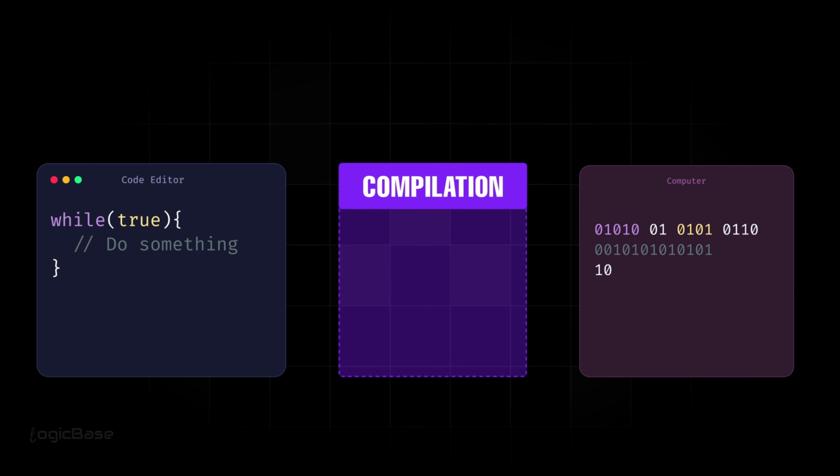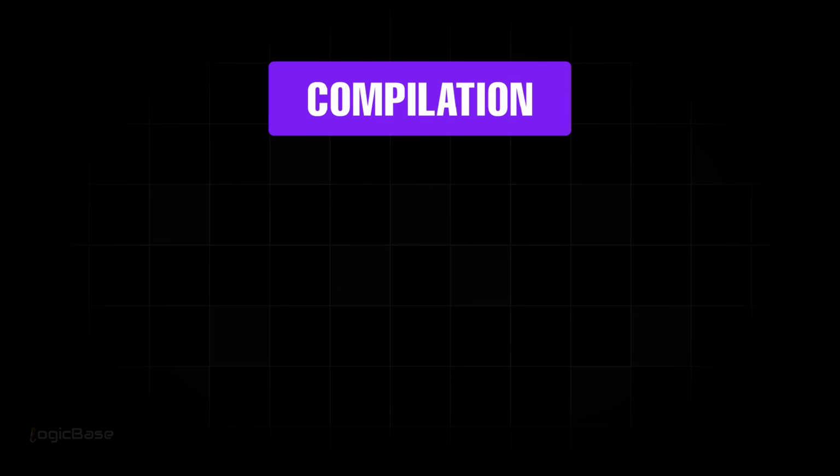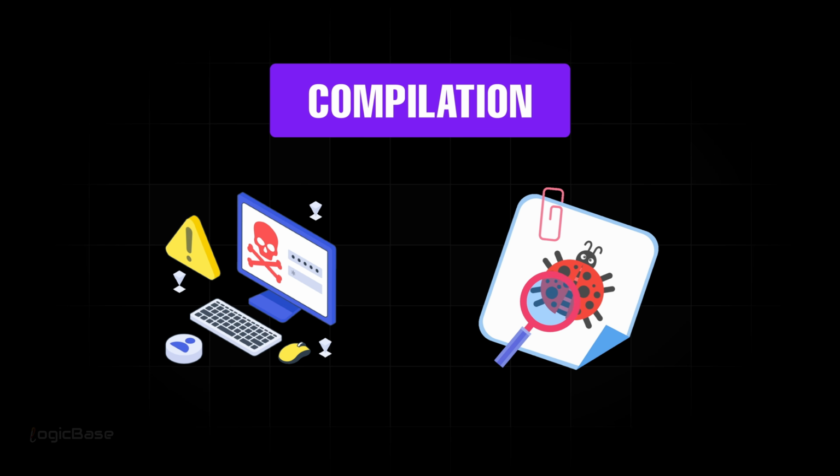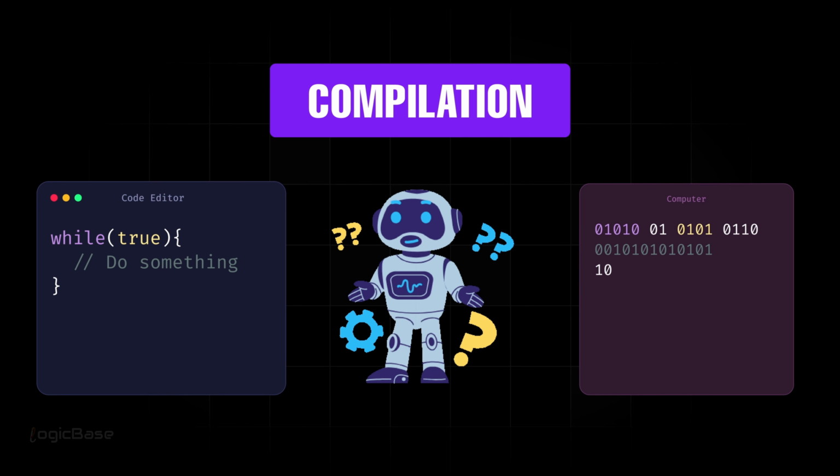You won't have the chance to stop it midway like in the interpreter's case. So that's the major drawback of compiled languages. They can crash the system and are harder to debug. Why? Because the entire code gets compiled first, so we don't immediately know which exact line contains the error or